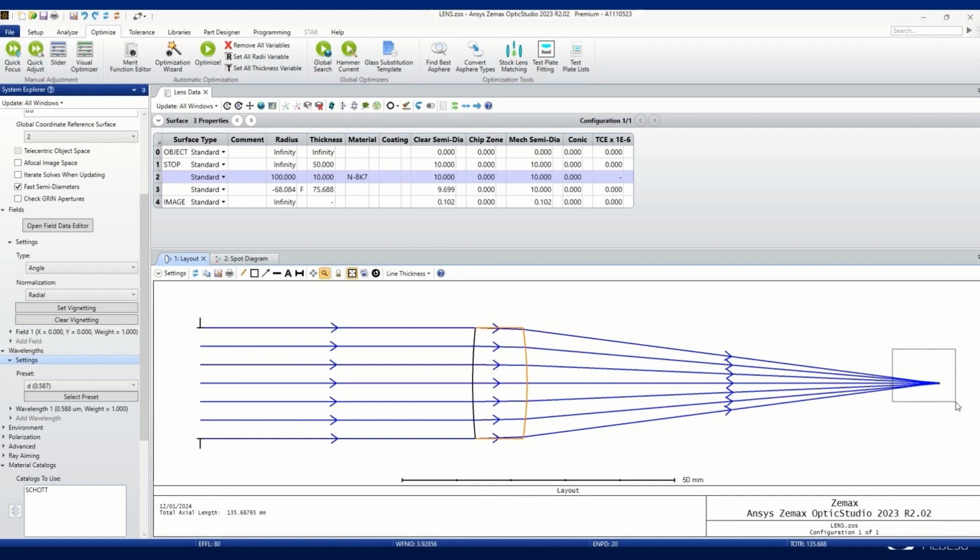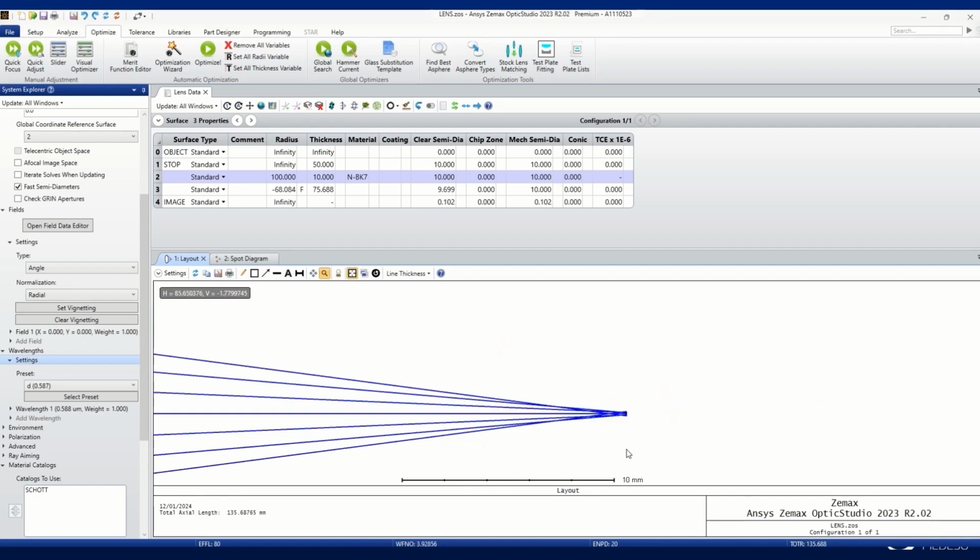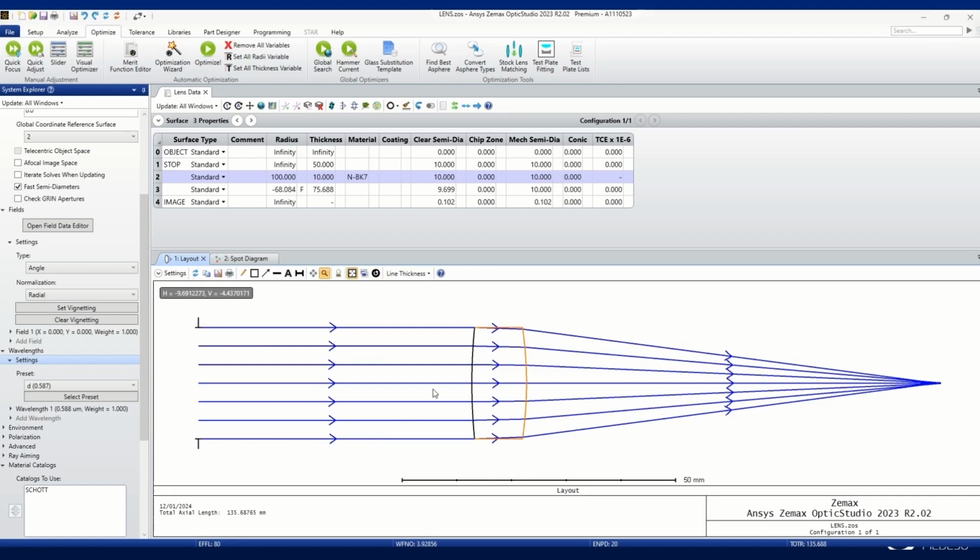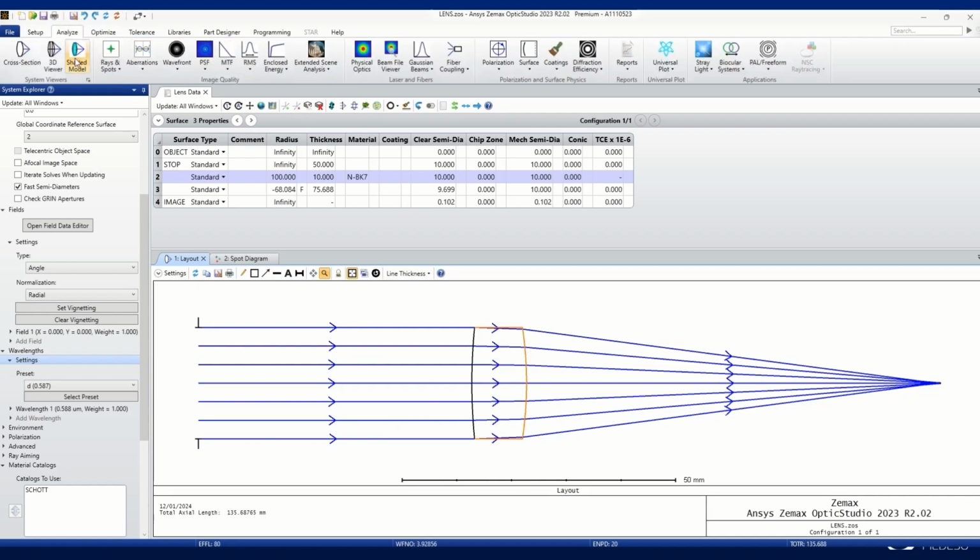If we zoom in on the focus, the rays don't actually arrive at a point. In fact, some rays focus in advance of rays through the center of the lens along the optical axis, and this is actually spherical aberration. So let's resize that. So zMAX has a whole bunch of tools in the analysis tab to quantify the quality